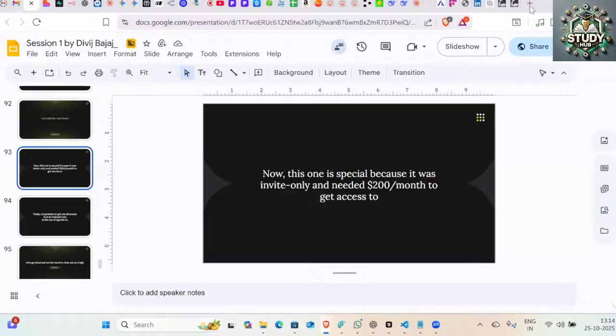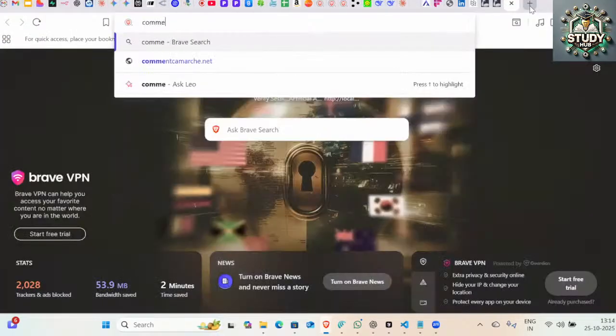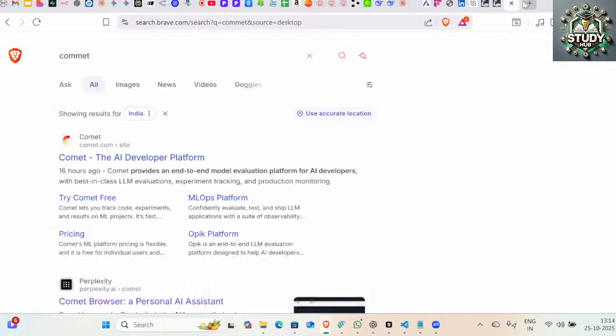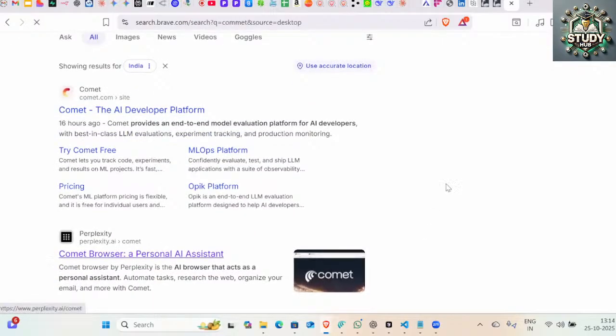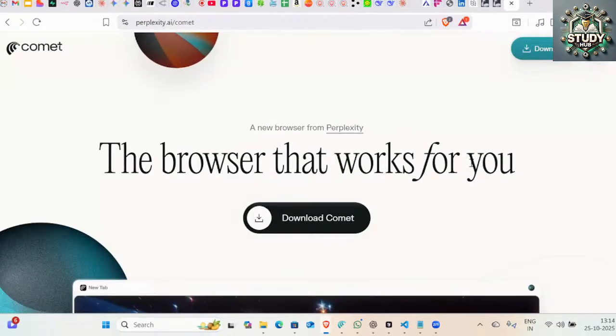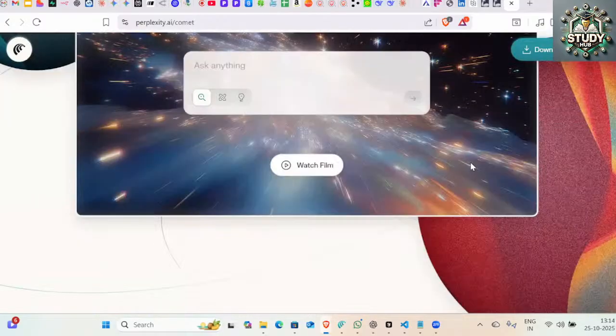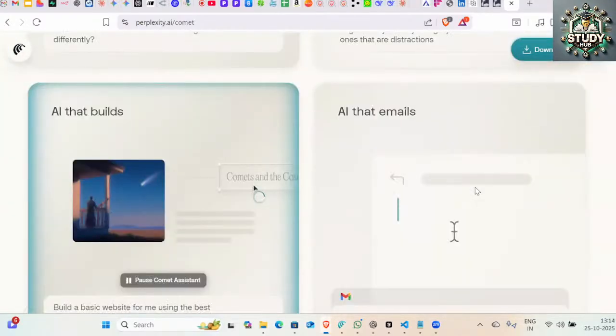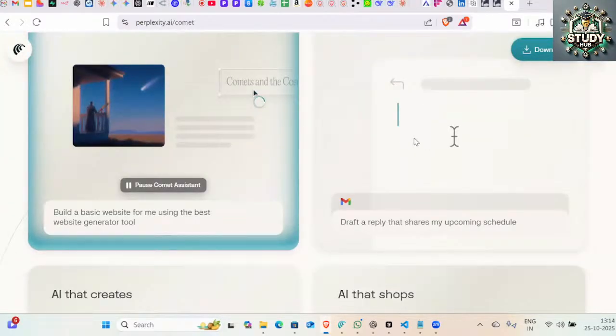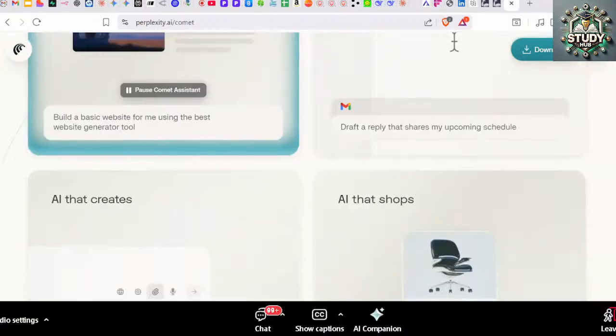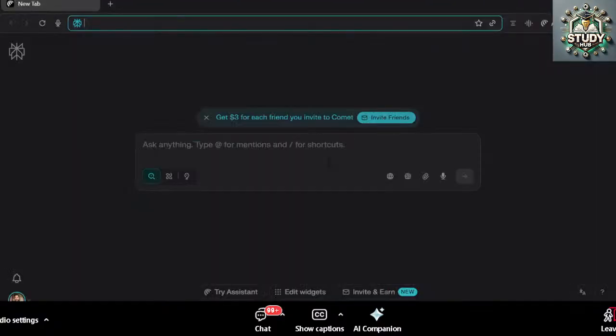I hope everyone has heard about this Comet browser. Comet browser is not a traditional browser. It's from Perplexity, and it can take actions on your behalf. It's not just opening a tab and getting the research done. You can get the specialized link, and if you are a pro user, by Airtel, I mean, you are getting a pro user already, you can use this for free. You can download this, and this is not a traditional browser.